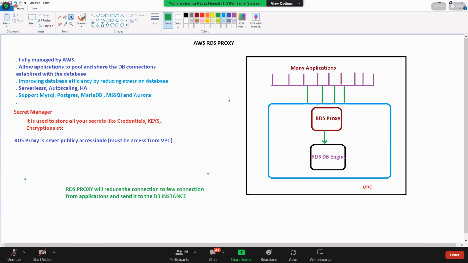So for the rest, when we go to the RDS console, there I'll explain most of the things. All configurations only. Is it clear? Any questions? Take the screenshots online.